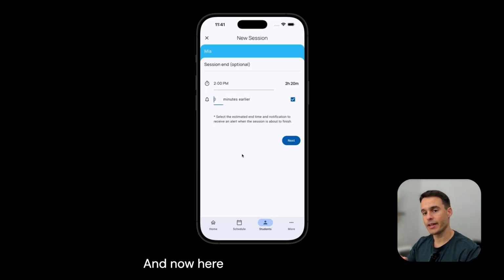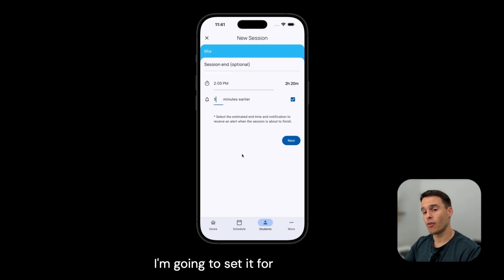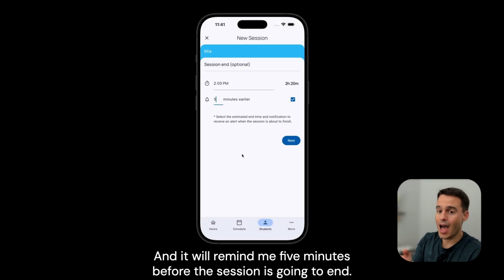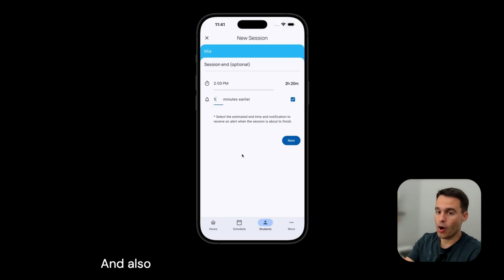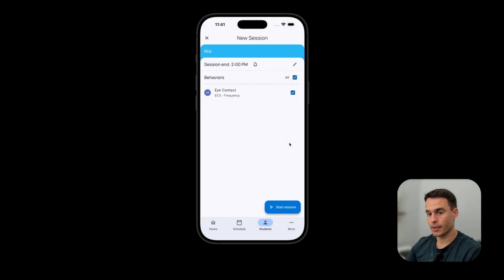And now here is a very useful feature. You can set TallyFlex to remind you before the session ends. I'm going to set it for 5 minutes, and it will remind me 5 minutes before the session is going to end, and also once the session actually ends at 2 p.m. Next,